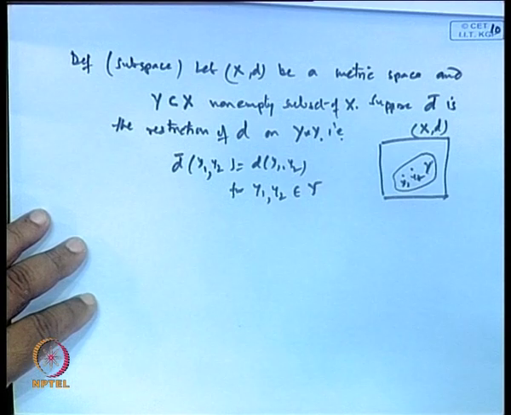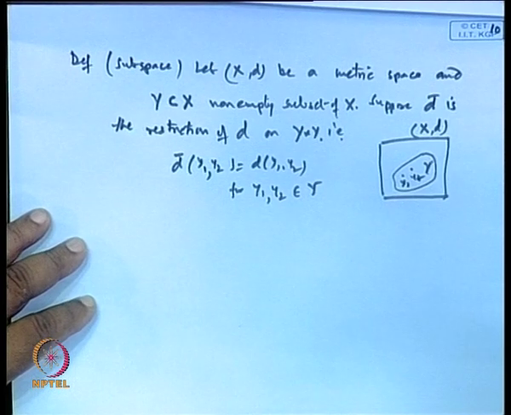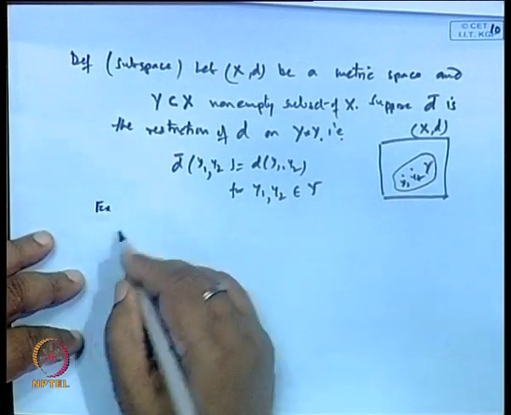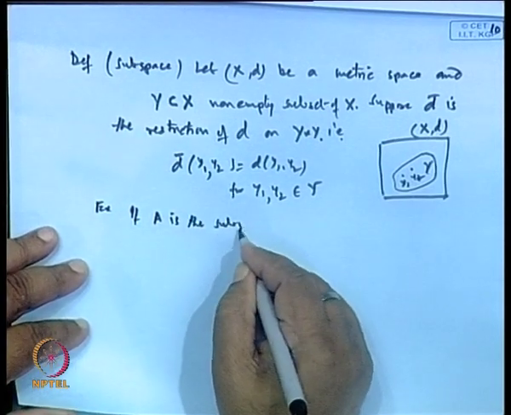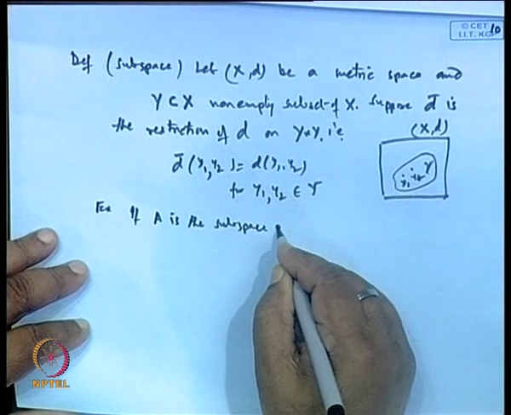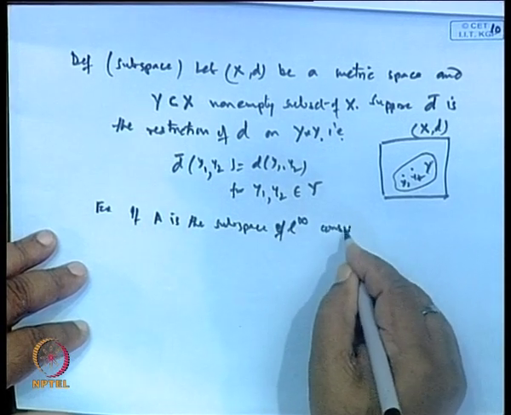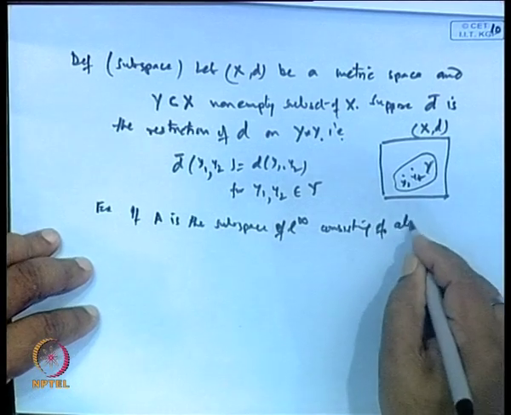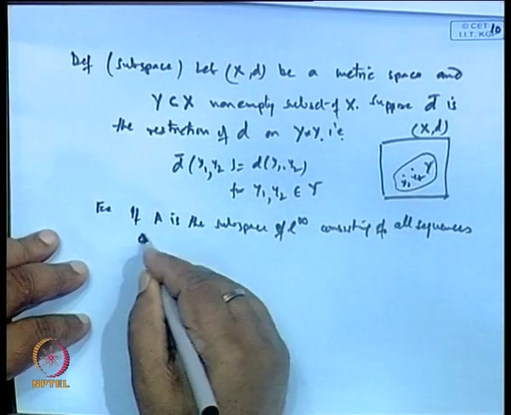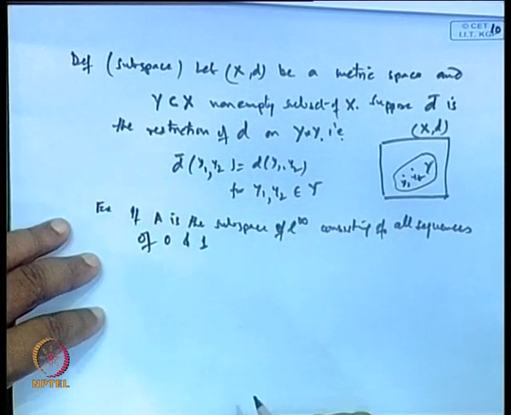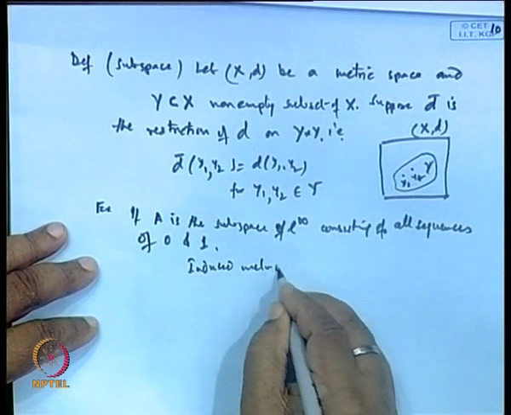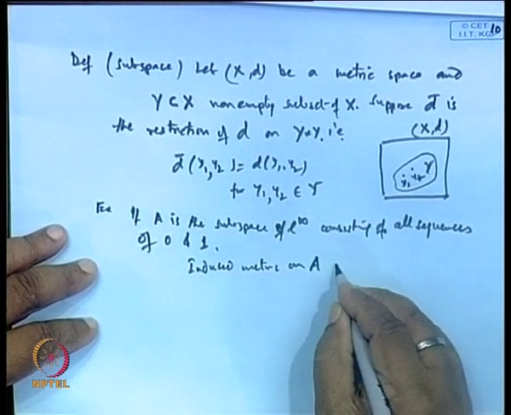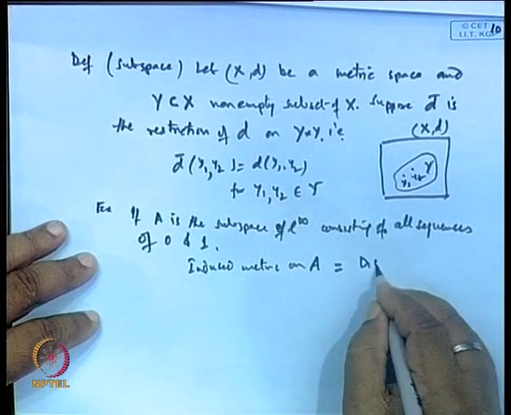We have seen L infinity is the set of all bounded sequences, and then if we take this example, let us say A is the subspace of L infinity consisting of all sequences of zeros and ones, then the induced metric on A is nothing but the discrete metric,